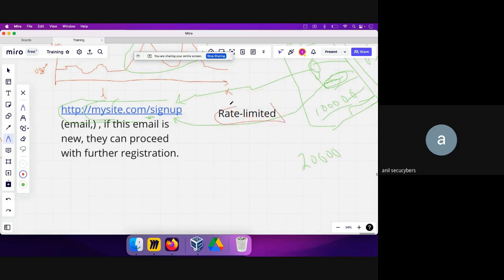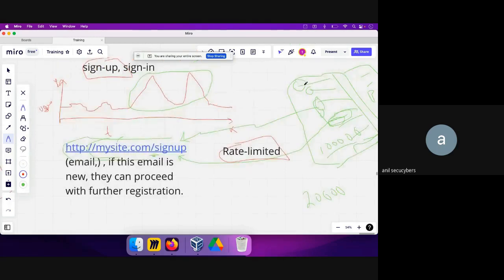what would have happened is that the attacker would have, let's say, forwarded the top 5 emails to the sign up API call, and then the sign up API call would have detected that there is one single IP address trying to figure out if the email is valid or not, and the sign up API call would stop responding to the user. Okay, in that case,